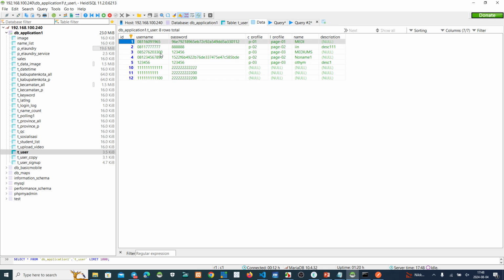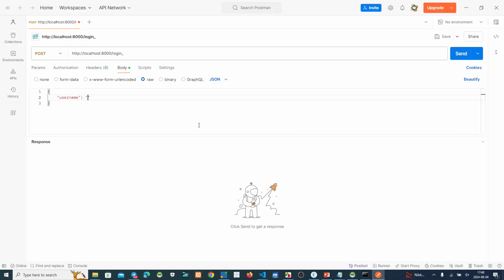For example, I use this one, and this is the password. At first we cannot use encryption. If you want to ask me how to make encryption in this project, I can show you next time. Now this is my username. We click here.